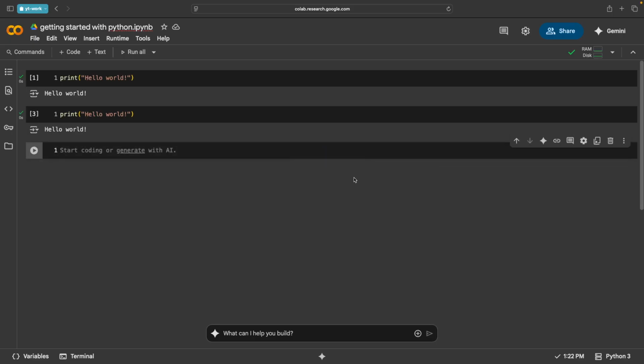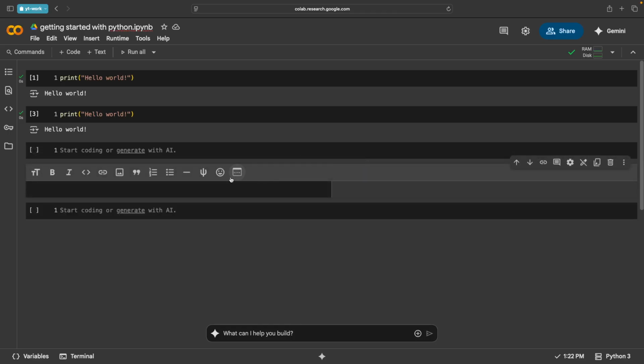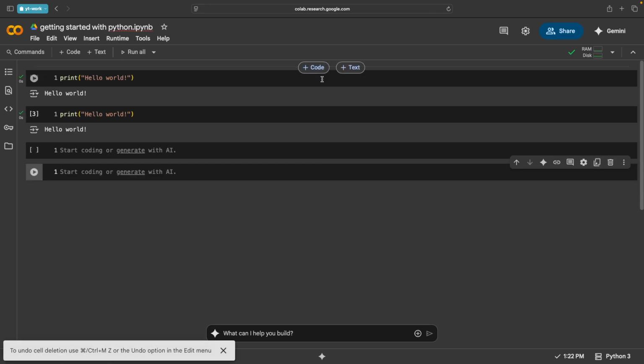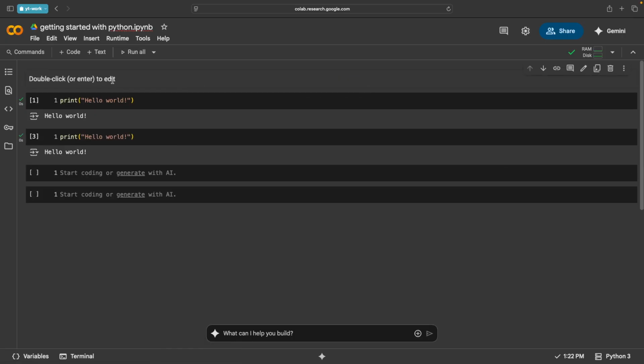Just click this plus symbol that you have over here in order to create a new code cell, or you can also click on this text cell, so that's going to add a text cell. This text cell is used to write some descriptions about the code and some details about it. This is not for executing code, but for descriptions and plain text. Maybe I can also create this before this cell. So before or after, we will see this plus text and plus code option. I'll say plus text, so this is going to create a text cell above that.